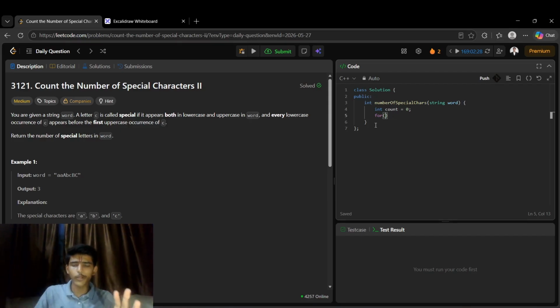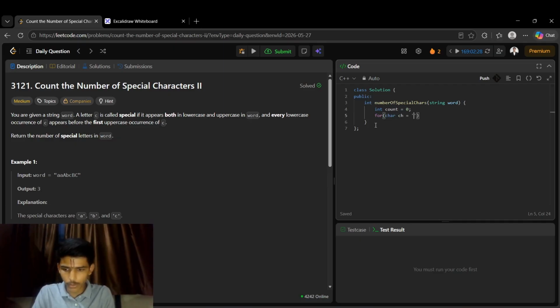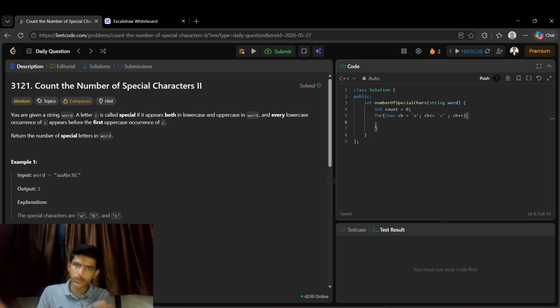We know that there are only going to be 26 iterations. Why? Because there are 26 letters. So that way we can limit the number of iterations instead of doing it infinite for large test cases. So here it will be char ch equal to small a to small z, and again we will be doing ch plus plus, like moving forward from A to Z. So 26 iterations fixed. Now during that iteration, what we need to do according to the condition is that we need to first of all